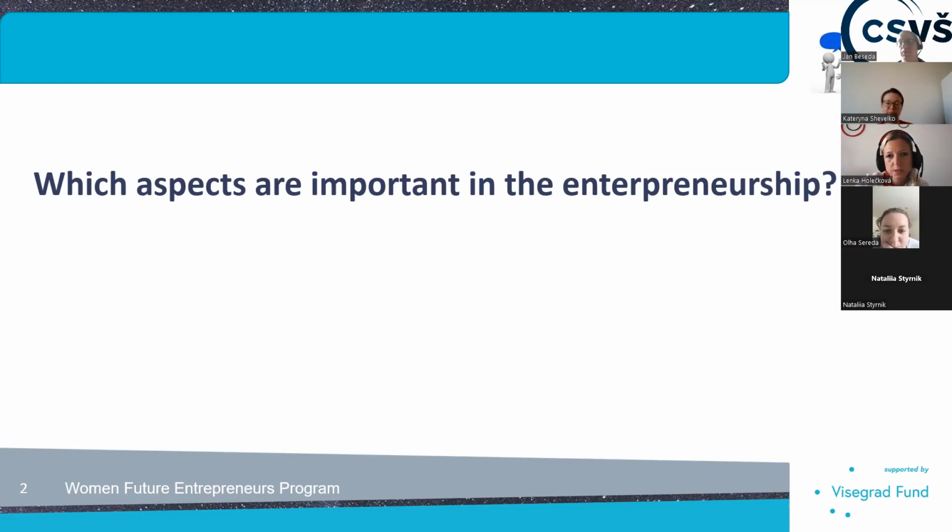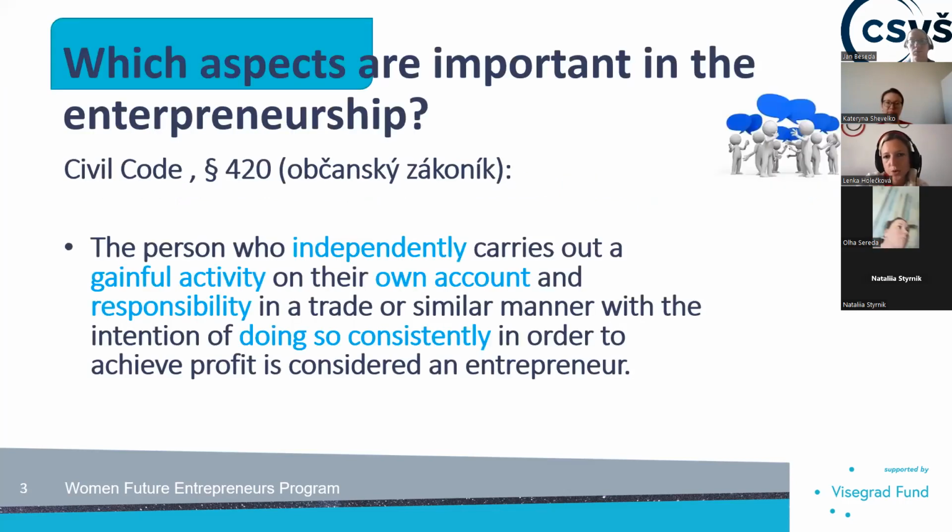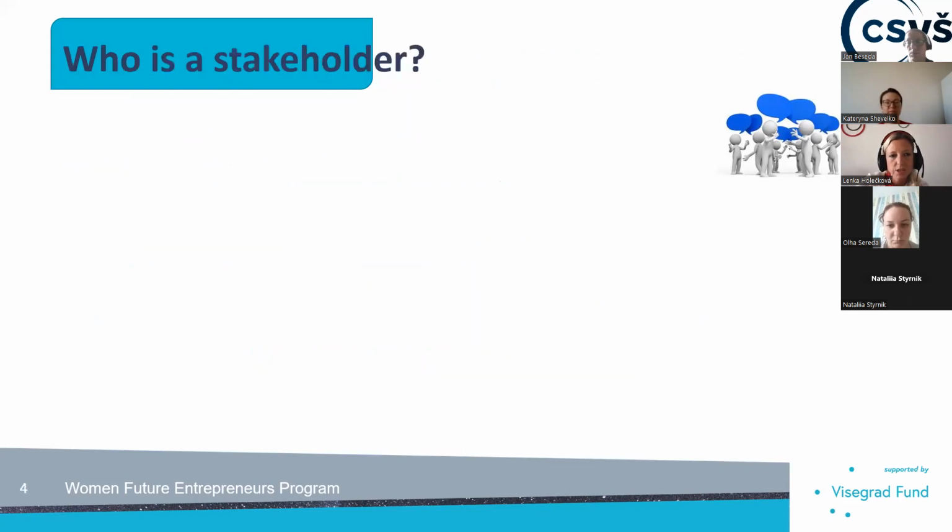Which aspects? There was a definition of an entrepreneur, and I can summarize it together with you, because what was really important is to be independent, to do it consistently, because there is the intention to repeat our activity. It's very important for an entrepreneur, with our responsibility, to be aware of potential business risks. So it's the definition of entrepreneurship. Okay, and now I can switch